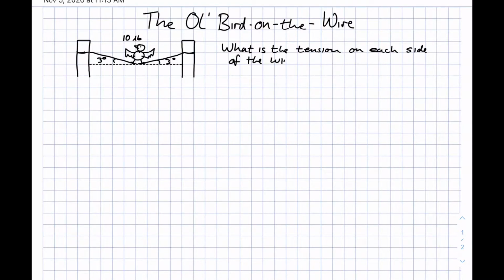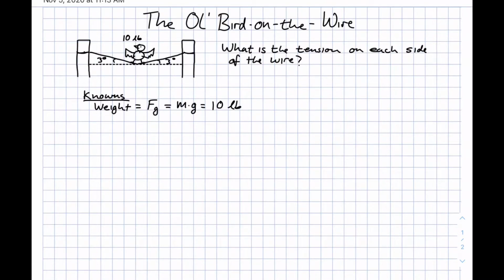So, we start with a diagram. Then we list our knowns. Now, the 10 pounds refers to the bird's weight, or the force of gravity on the bird, which is mg. We could rearrange this to find the mass of the bird if we wanted, but it isn't important for this problem. We could also convert to newtons, which would be necessary if we wanted the force to play well with meters or with kilograms, but none of that comes up in this problem, so we can just keep the